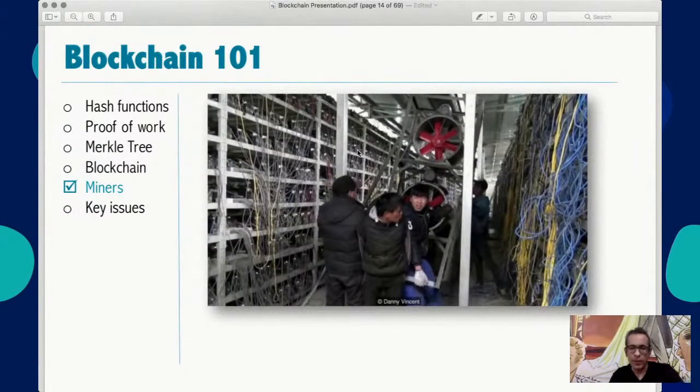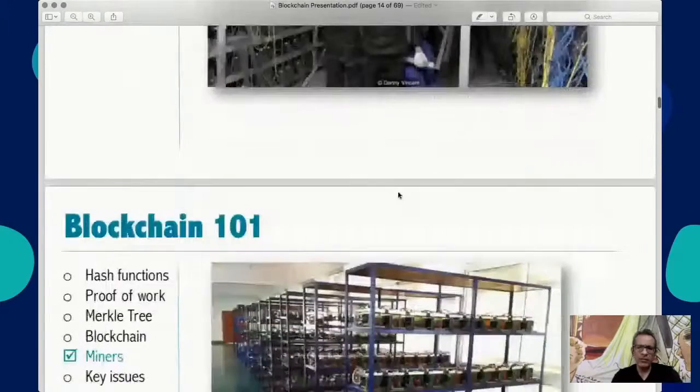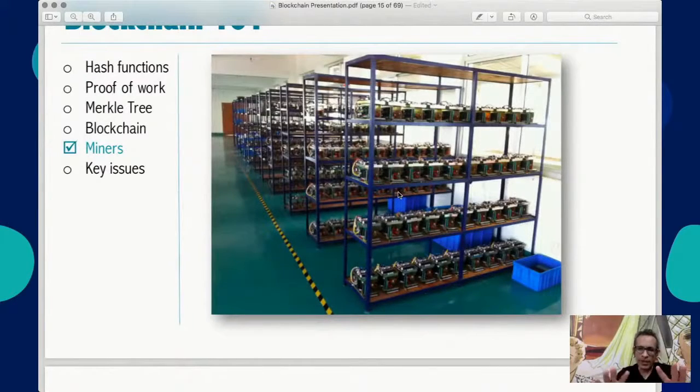In China, these are some of the mines. This is what they look like, where you have a large number of uneducated kind of people whose only job is to make sure the computers or the mines are working fine, the power is not getting disconnected, cooling is happening. Another example, this would be a European mine, slightly neater looking. And ultimately, this is what a Bitcoin or an Ethereum mining setup looks like. It is just a bunch of machines. You don't really need human beings to do anything whatsoever. Is that clear?